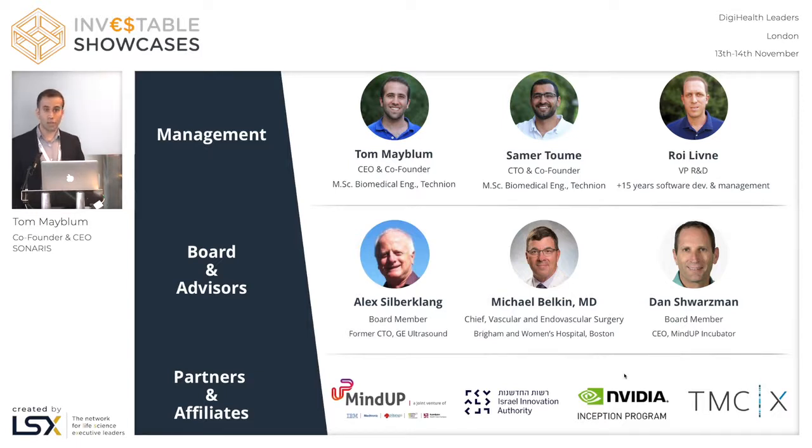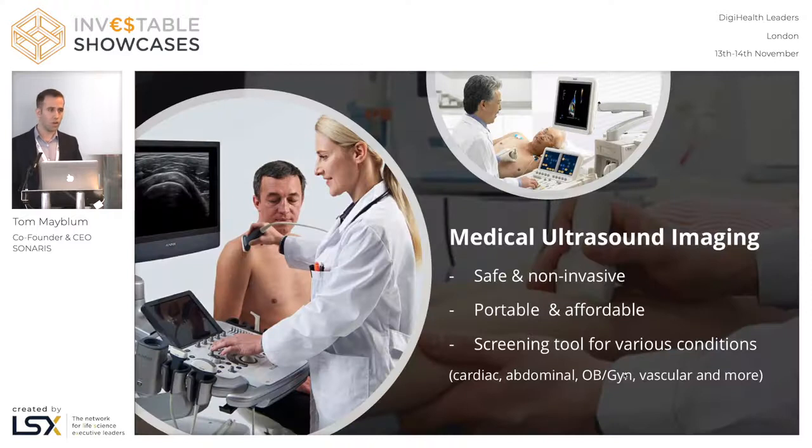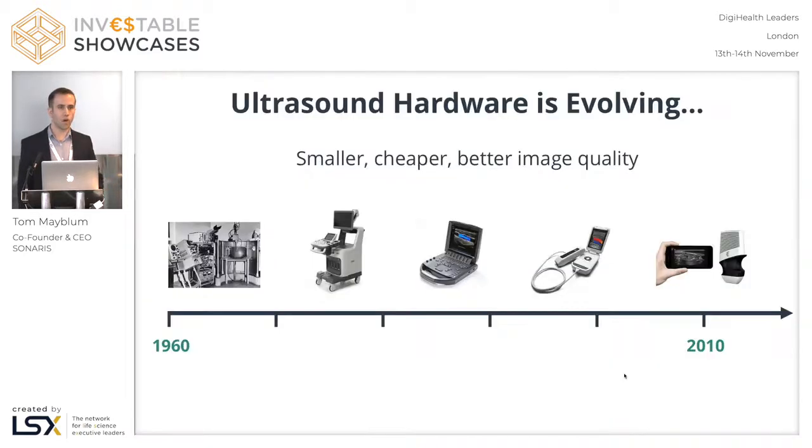So let's talk a little bit about ultrasound. Ultrasound, as you all may know, is one of the leading tools for primary screening and diagnostics of many conditions, including cardiac, pulmonary, and vascular disease, because it's safer, non-invasive, more affordable, and more portable than a CT or an MRI scan. But still, while the ultrasound device has evolved over the years, become cheaper, smaller, and faster, the